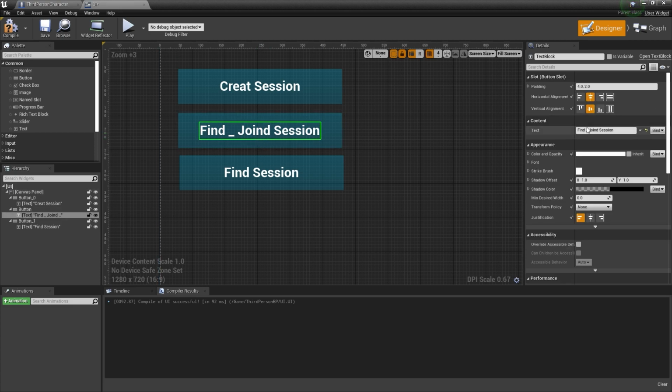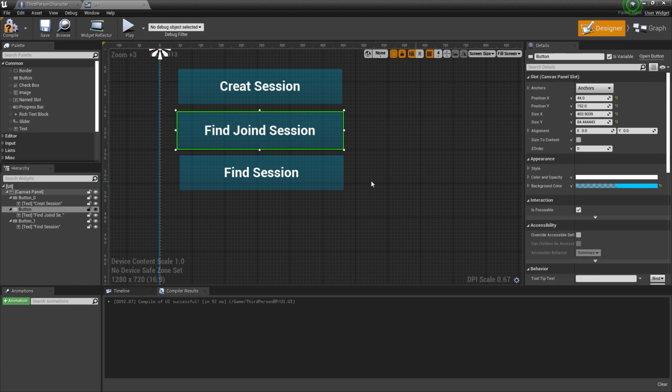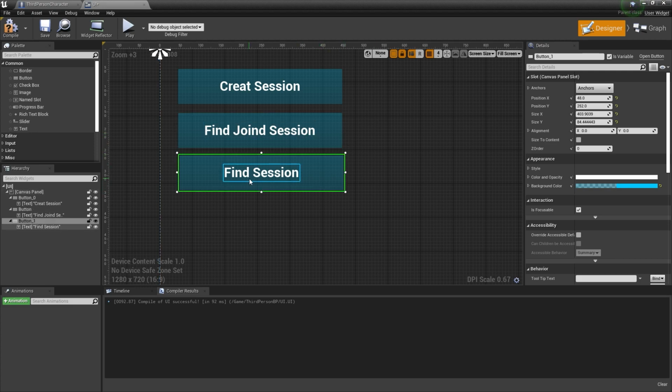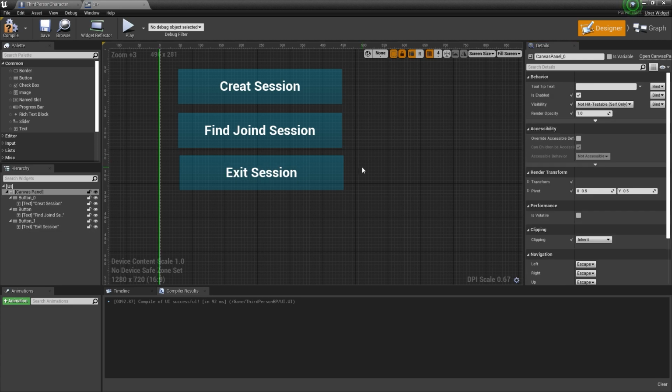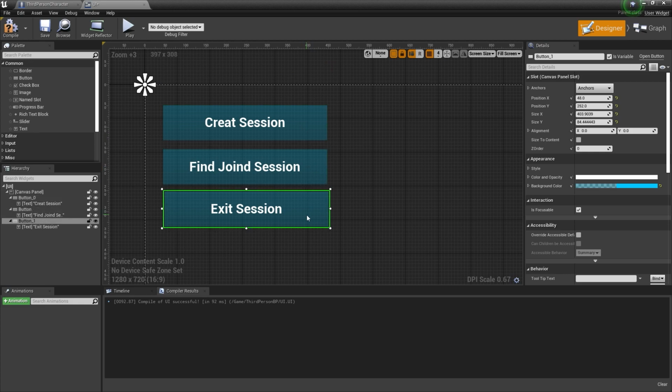I think it will be better if we use find and join session, so it's easier to understand that this is the section for find and join. If it successfully finds that session, it will join. The last one is for coming out from the session, or exit. Exit the session. Okay, so now we have create, find and exit session.